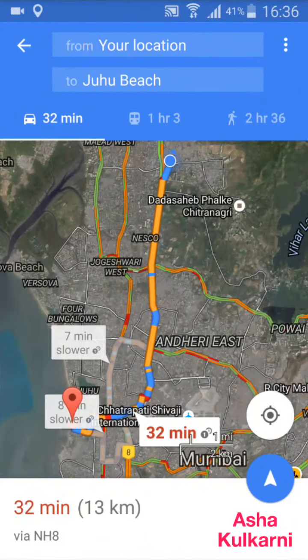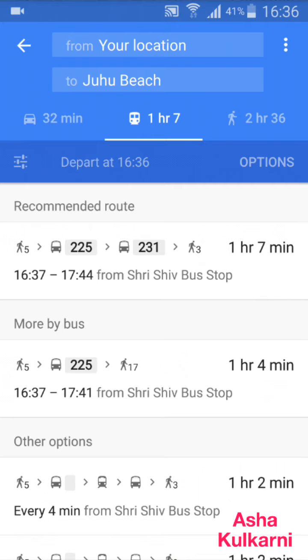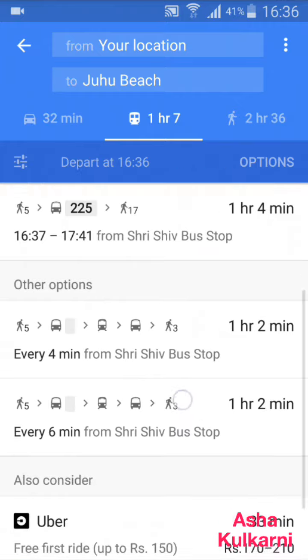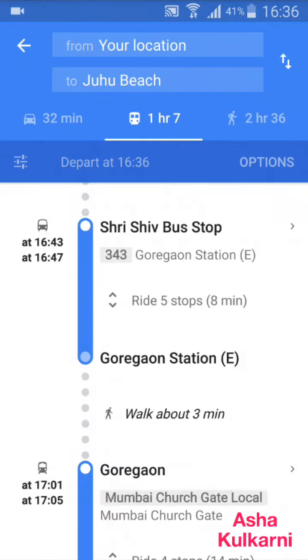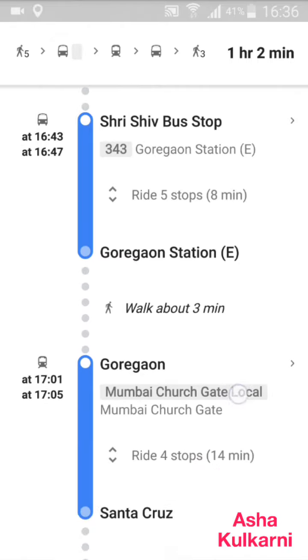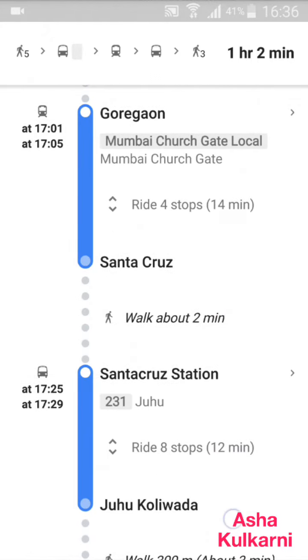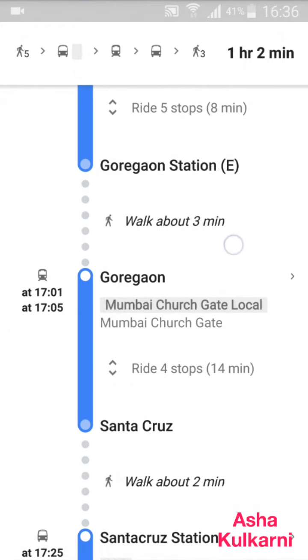I have come back down again here. Here you can see by road. Here if I tap on bus, it will show me all the different routes. The different buses take different routes, so it is showing me all the options, by which option you want to go. This is the least time, 1 hour 2 minutes. So I am tapping on this option. Now this option is showing me from which bus stop to which bus stop I have to go, where I have to walk, then again how I have to go by train or something. So it will show me all the options here.